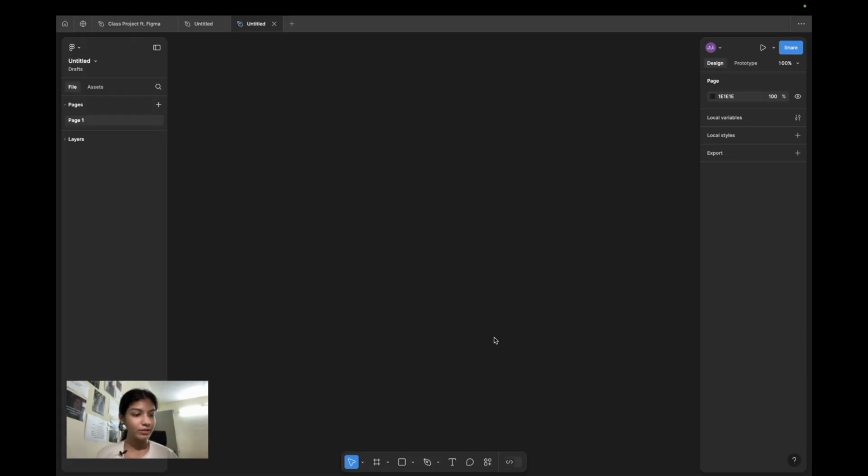So basically we are going to start. If you know how to make a new design file and everything, we are good to go. This is the new file that I've made. Here is our layers and pages panel, and here are some things where you can find edits and every option. The first one that I would love to discuss is,